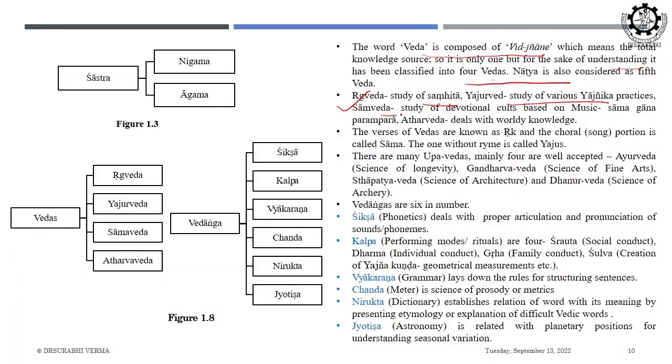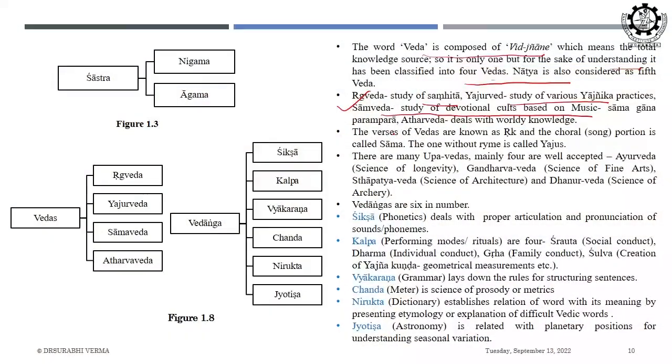Then Sāmaveda deals with the study of devotional cults which are based on music, the Samagana Parampara. That is why I told you that they are recited in chorus. That is why Veda is known as Chandas, because we recite it. So the chorus way, or musical way, is Samagana, and that is why the third Veda